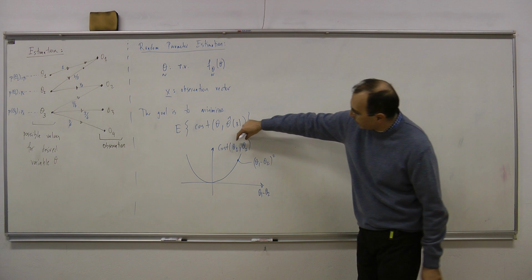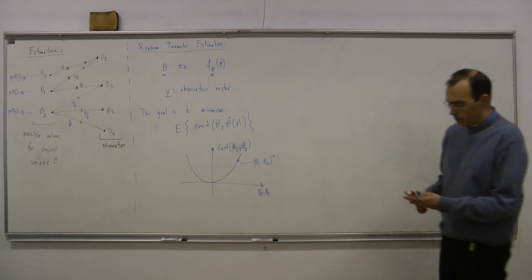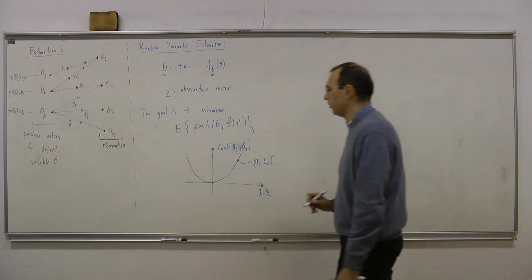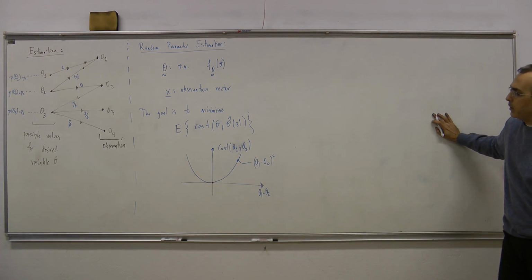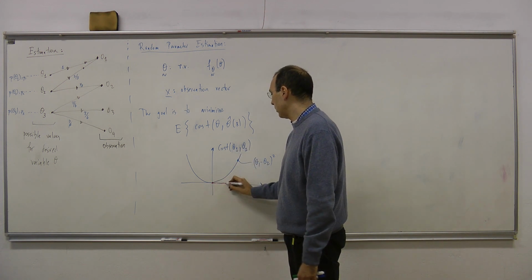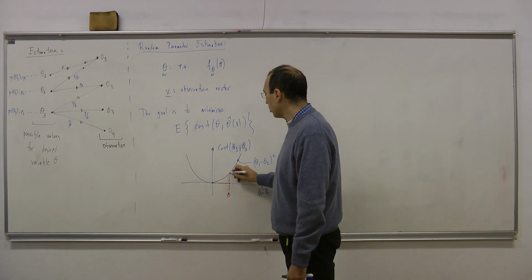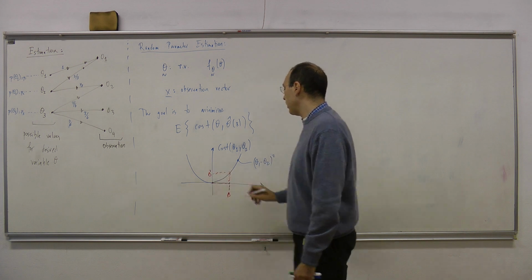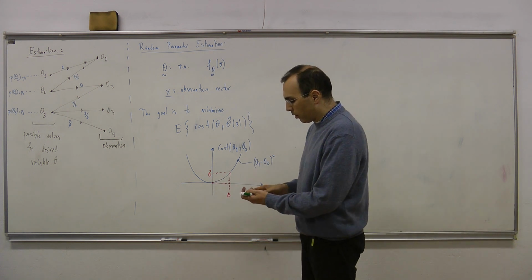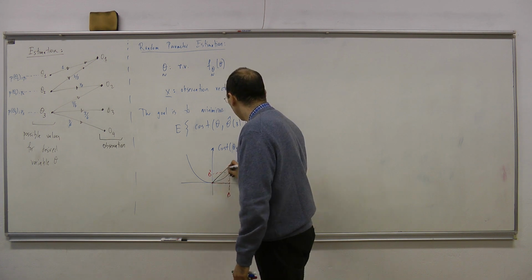Even though this is a function of two arguments, only the difference matters in the calculation of the cost. So what does that mean? If theta 1 is equal to theta 2, the cost is 0. It doesn't cost you anything. But if you are deviating from this 0 location, the equality case theta 1 equal to theta 2, by some, let's say, error of delta, now your cost becomes delta square. Of course, there can be other cost functions, like there can be a cost function like this,